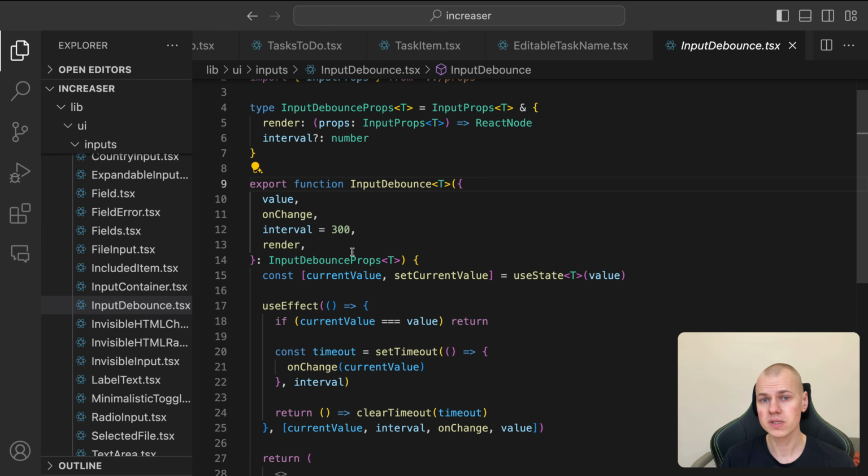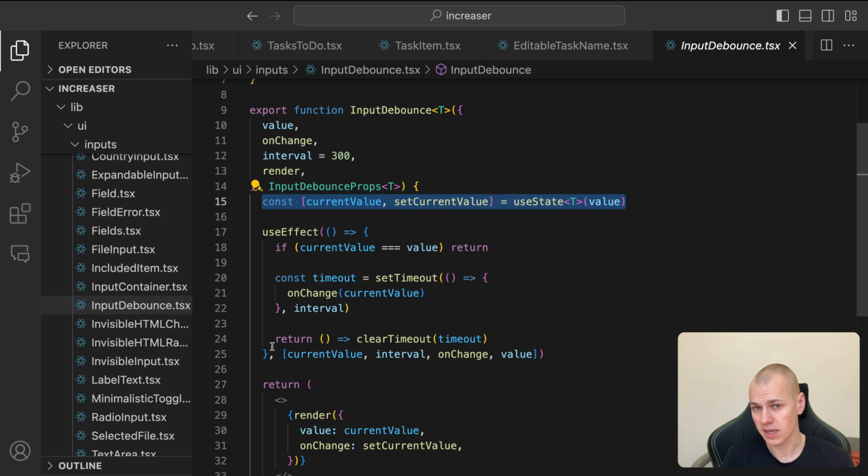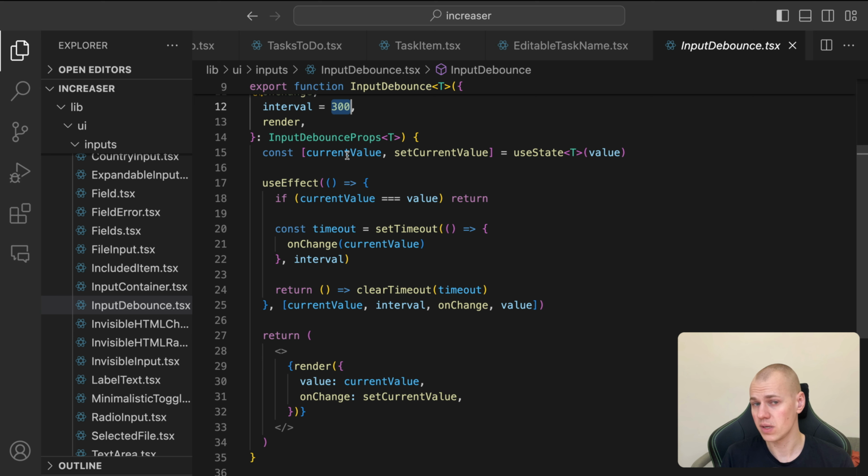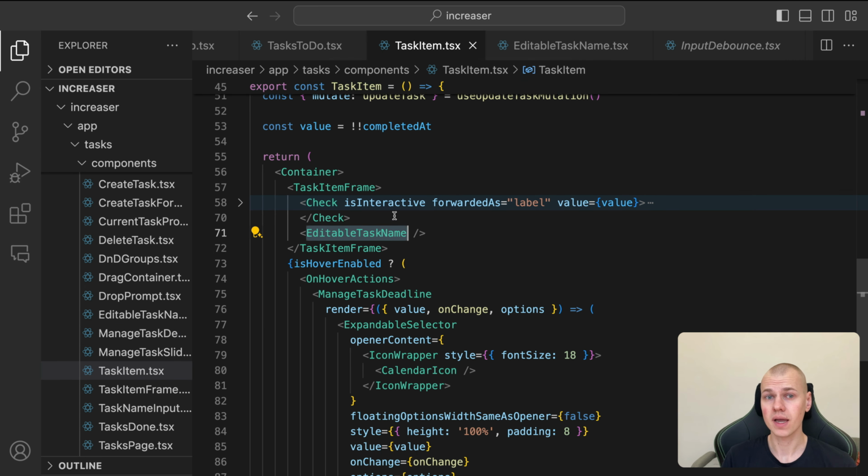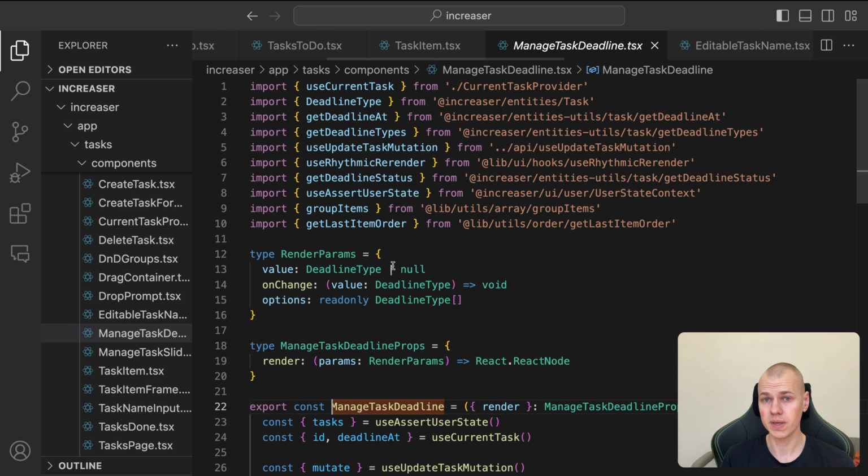The input debounced component receives value and onChange props, but also keeps track of the current value in the local state. When the user types, the onChange function is called with the new value, but the actual update is delayed by 300 milliseconds. The user won't notice the delay because the local state holds the value and the input is updated immediately. The manage task deadline component handles the logic for providing the current deadline and calling the API, but